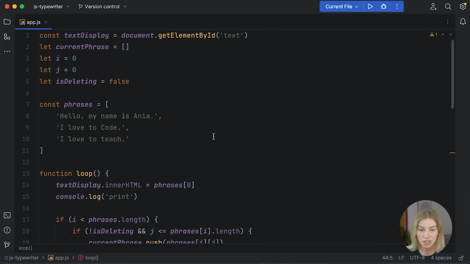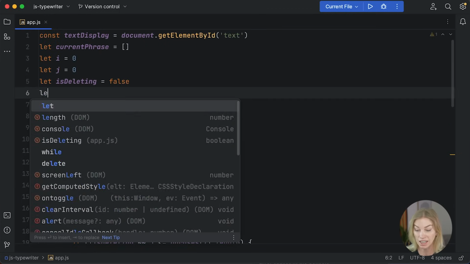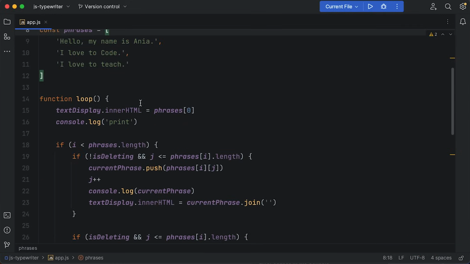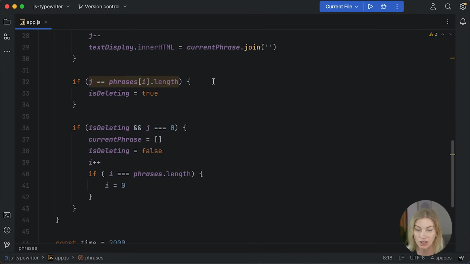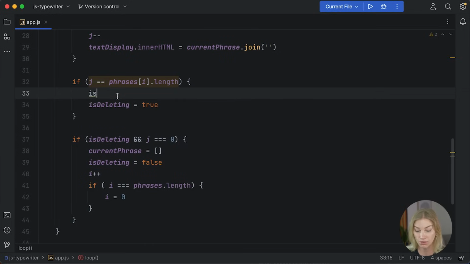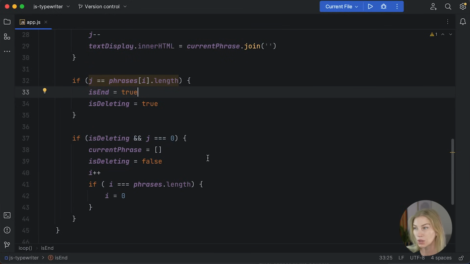So for this, I think we should also define if it's the end. So let isEnd equal, of course, it's going to start off being false. And in here, I'm just going to put if j equals the phrase's length, we've come to the end of the string. So each phrase isEnd equals true. And now what I'm also going to do